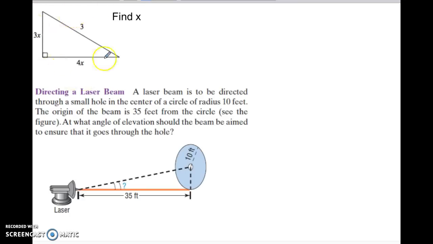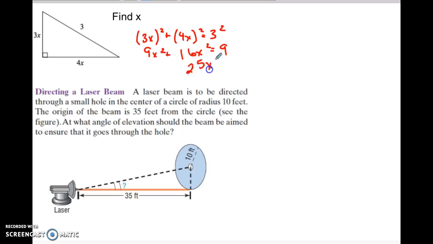So let's look at this one. If I had to find x in this problem, this is a Pythagorean theorem problem again. So 3x squared plus 4x squared equals 3 squared. So I could say 9x squared plus 16x squared equals 9. So I actually end up with 25x squared equals 9. So if I go ahead and divide, x squared would be 9/25. So x is plus or minus